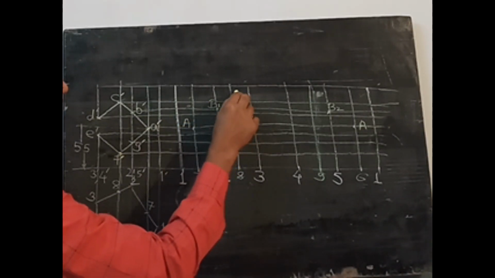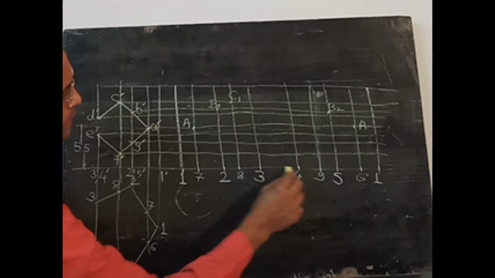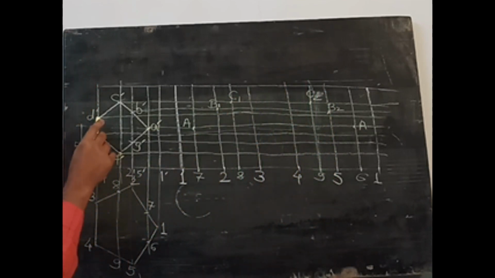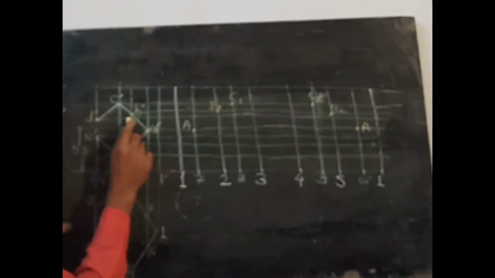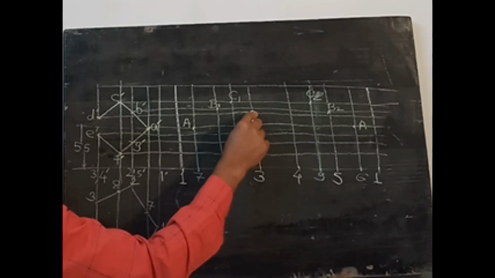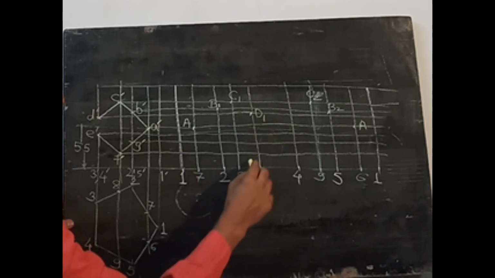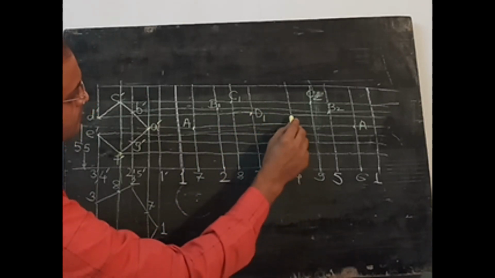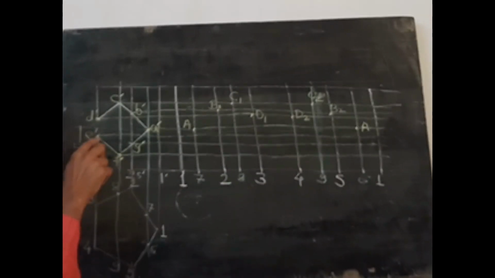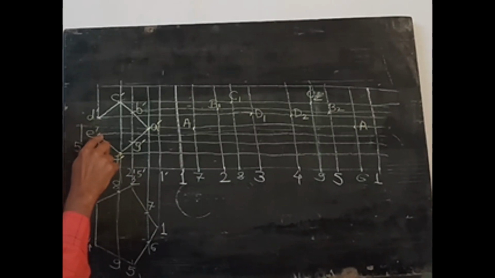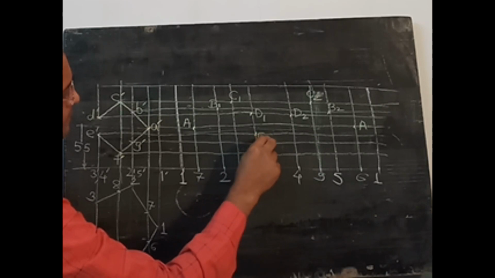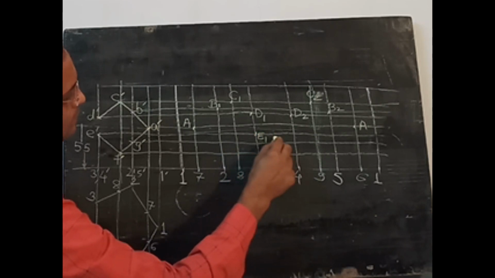So on 8, say C1, and on 9, C2. D on 3, 4. So here is 3, D1, and on 4, D2. Similarly, E on again on 3, 4. E1 and